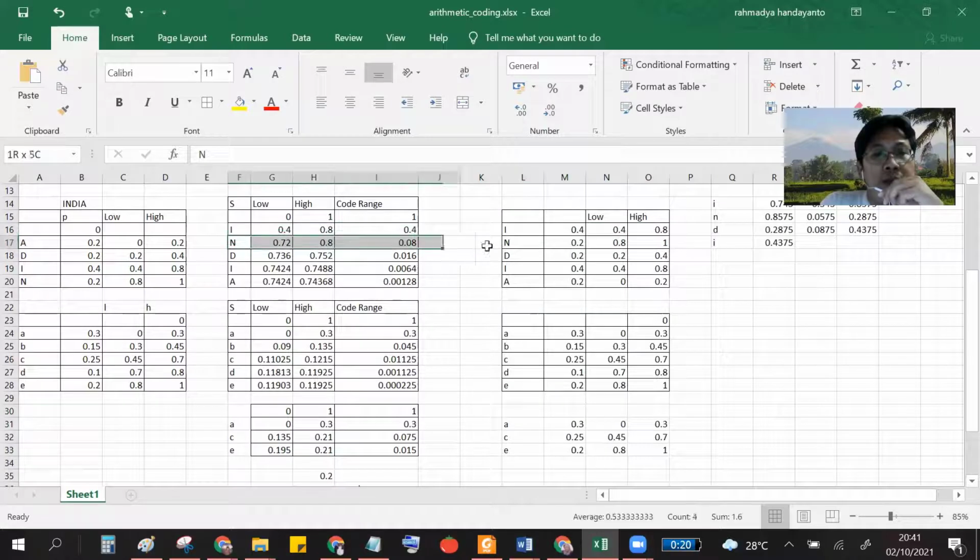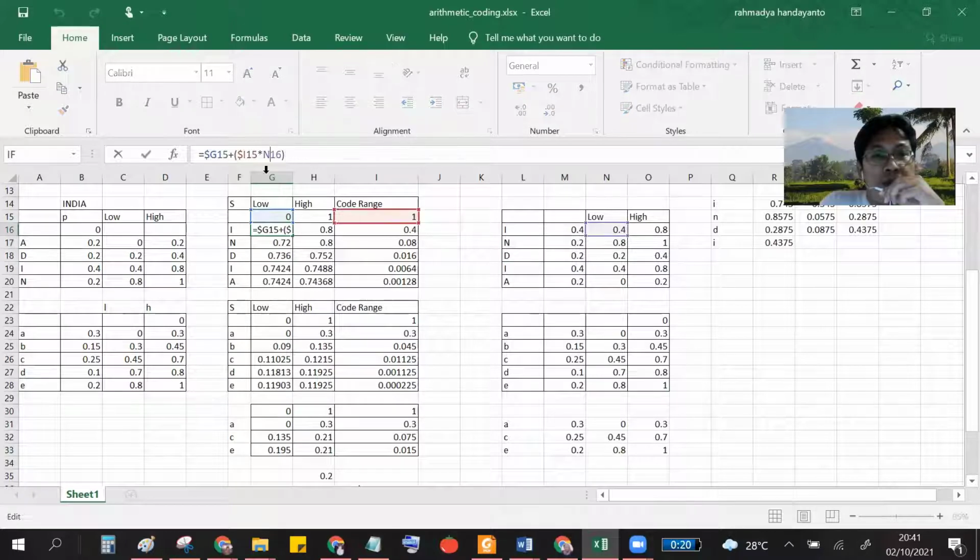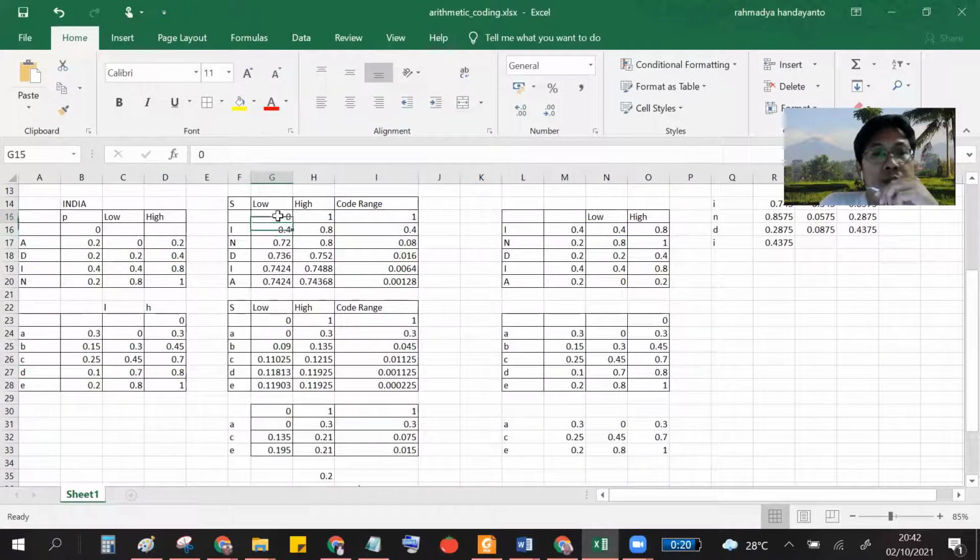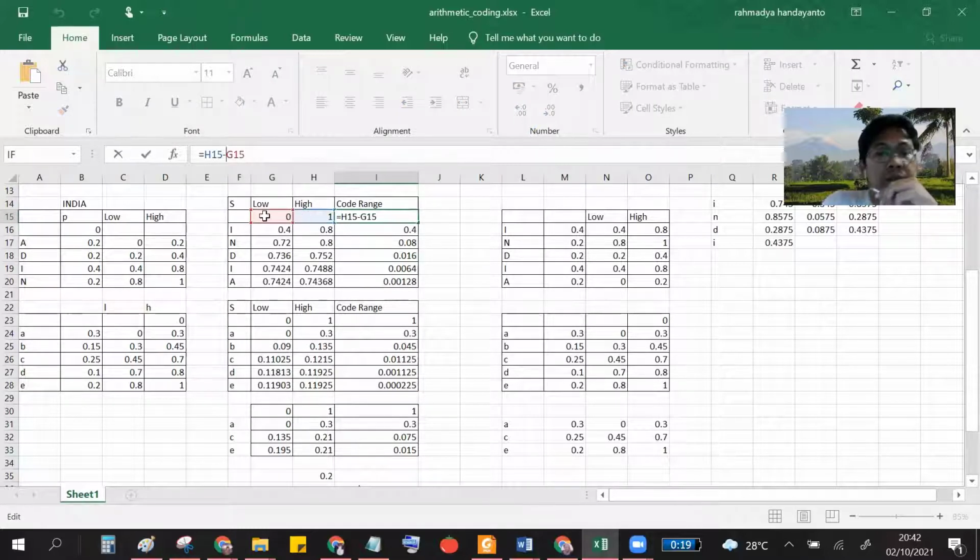The first step is to fill 0 and 1 before India. And the code range is the difference between high and low.